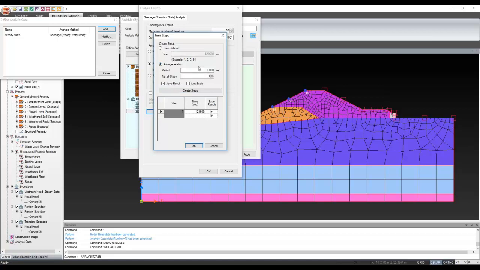Or else you can provide for auto generation of 259,200, and you want to change it into 4 steps, just create steps. So all these steps have been created. Or else if you want accurate results at each and every different interval, you can change the number of steps as well. So these are the steps which have been provided by me. Just press OK,